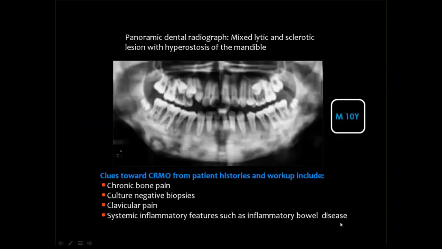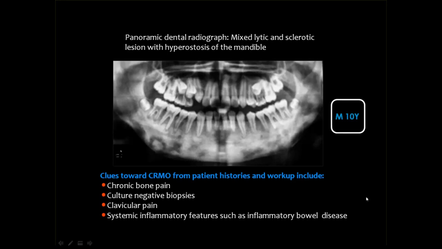And this is an example of CRMO in the mandible. There are extensive areas of bone sclerosis alternating with areas of osteolysis. And how can you suspect the possibility of CRMO